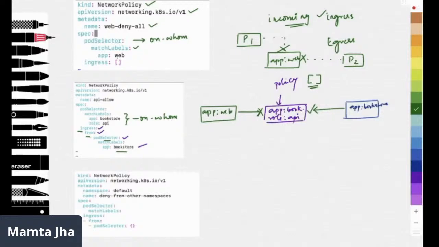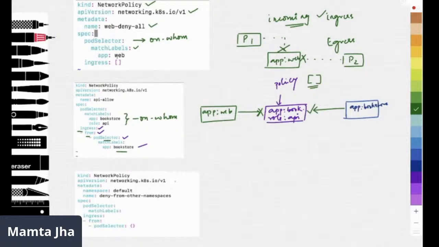So we are creating a network policy to deny all the traffic from other namespaces while allowing the traffic that comes from the same namespace. We can create resources like a network policy, and we can say from where we are accepting, and from wherever you don't accept, it's all denied.